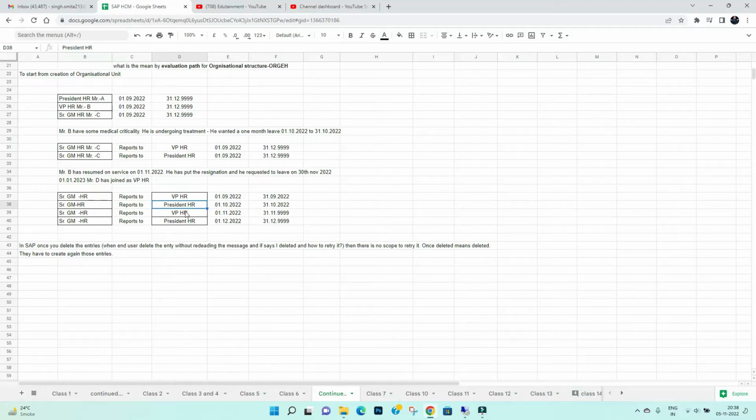So again he will be joining to him. So in the system also we'll have to do this maintenance, right? We'll have to create these relationships, we'll have to maintain these relationships by the time. Once he leaves, once he joins, we'll have to maintain this relationship. That's it. I think you might have understood what I'm trying to explain here. Last, Senior General Manager HR reports to President HR